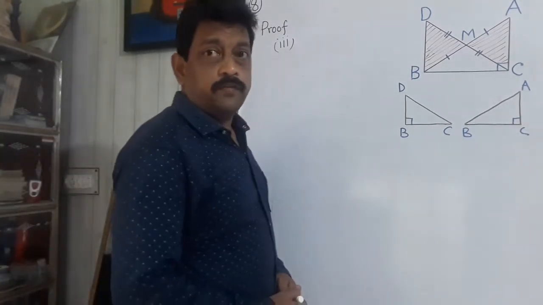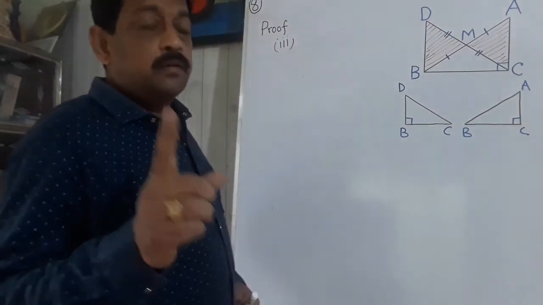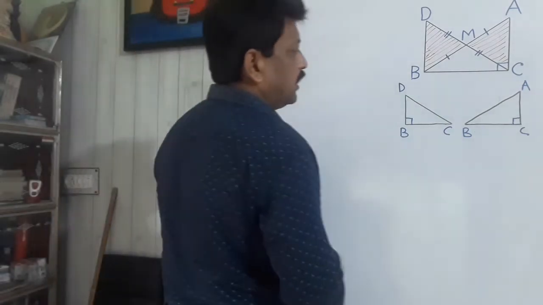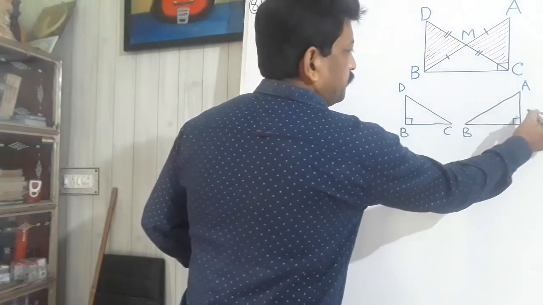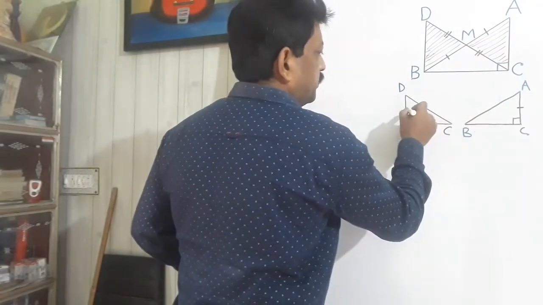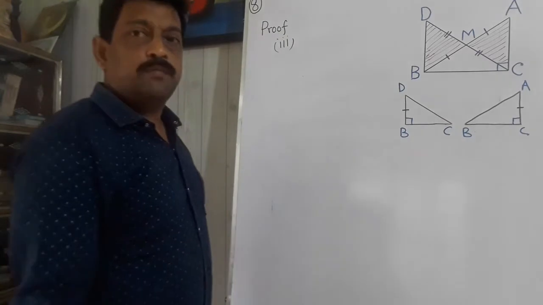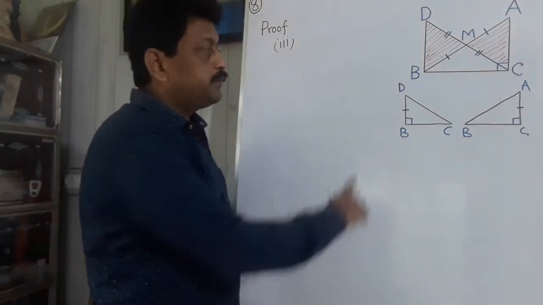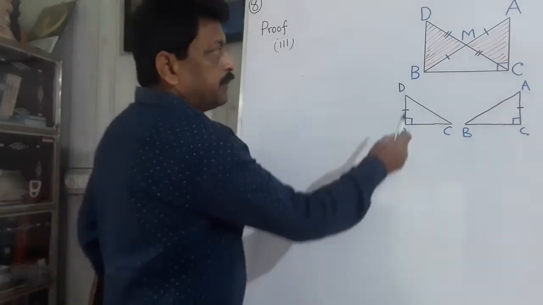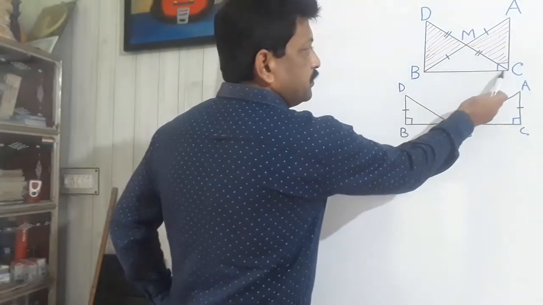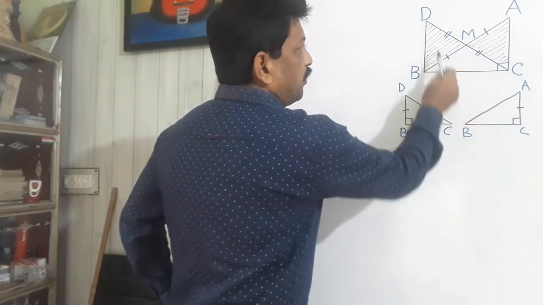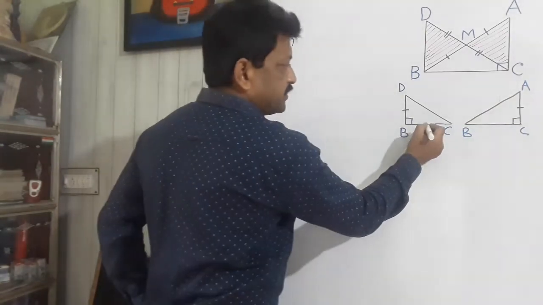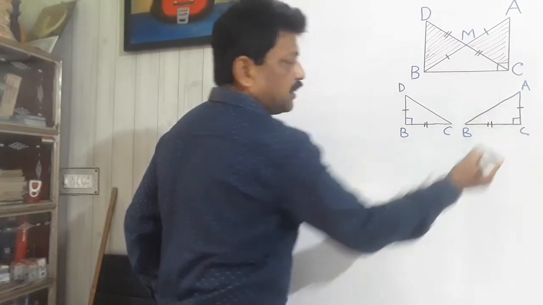What is the second point of difference? Just remember equation 1, just go to equation 1, see there, where we have shown that AC and BD are equal. It was earlier proved in that equation. And what is the third point of difference between these two triangles? See the main diagram. See the line BC. BC is the common side of both the triangle DBC and triangle ACB. So we can say that BC equals to BC common side.